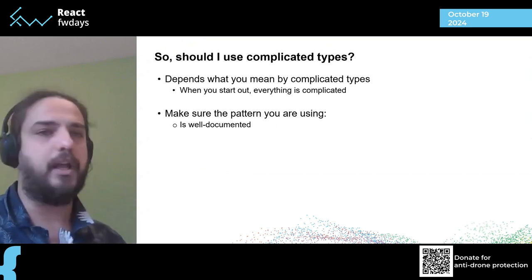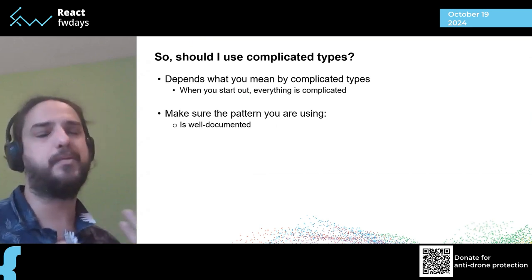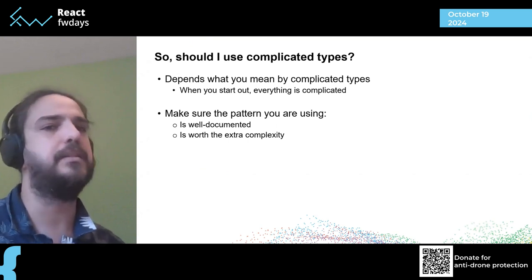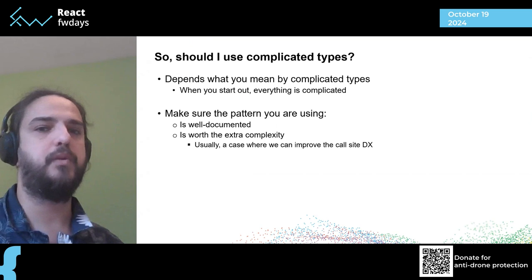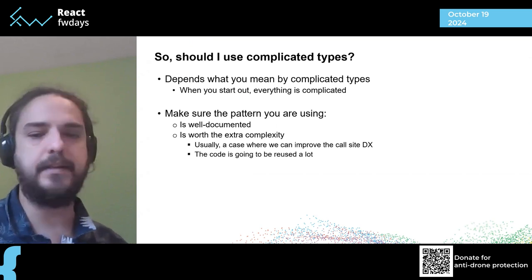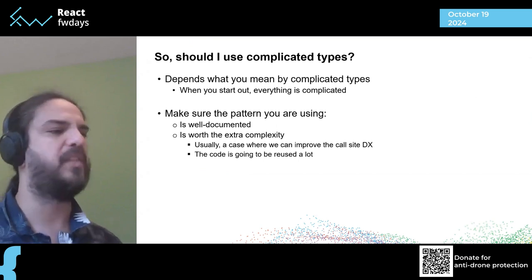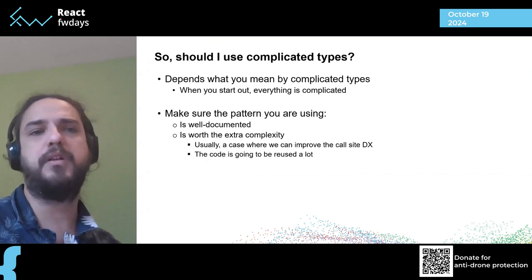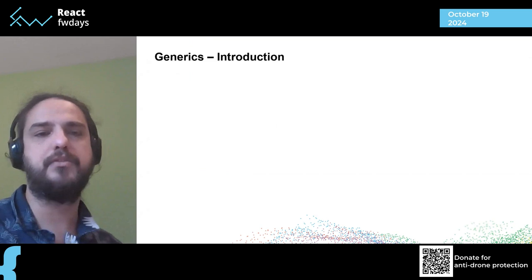Well-documented patterns really help. But the second thing I think we should always take into account when we're trying to use more complex types is: is it worth the extra complexity? Usually that is the case when we want to improve developer experience, for example, on the call side. This usually makes sense when we're going to have code that ends up being reused a lot. So one prime example of where you want to consider adding the extra complexity is